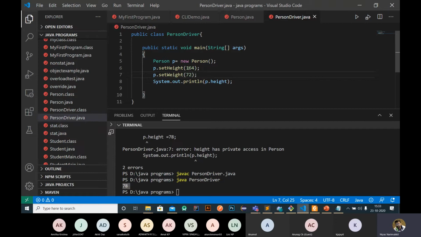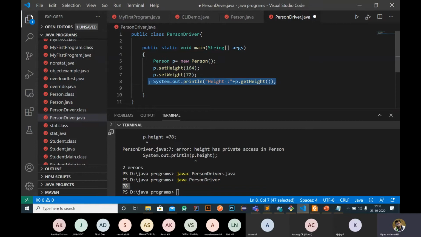We are setting the values of this object: height to 164 and weight to 72, right? Now we are going to print these values. In order to print them, we need to use get. So p.getHeight will get the height. For example, print this as height.